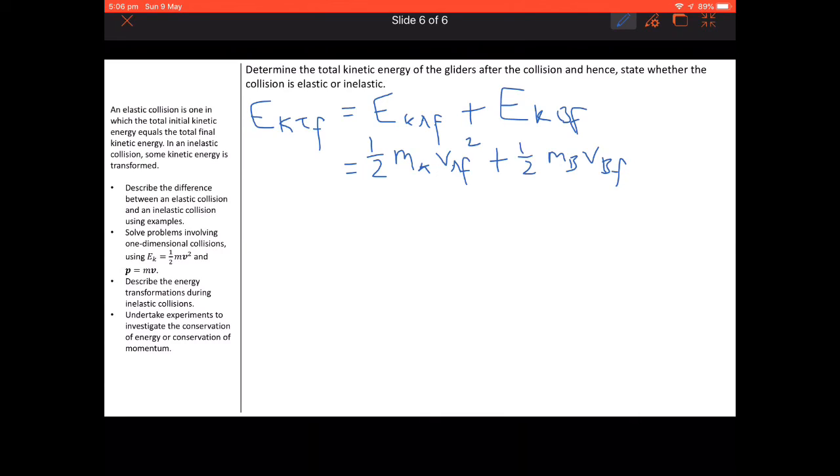Sorry, those velocities should be squared. So mass of A 0.37, final velocity of A is negative 2.6 meters per second to the left, so negative, and then squared plus